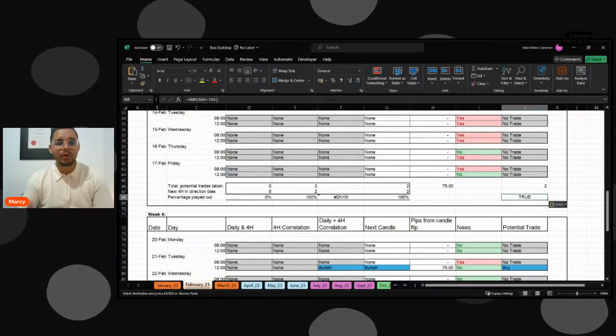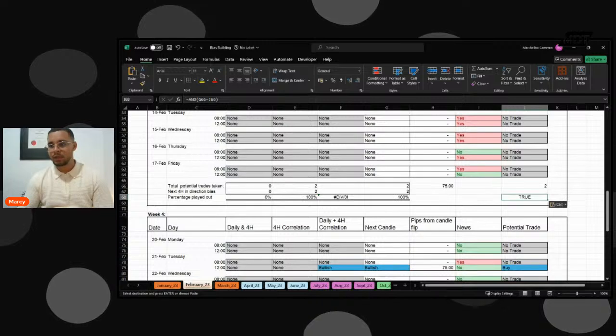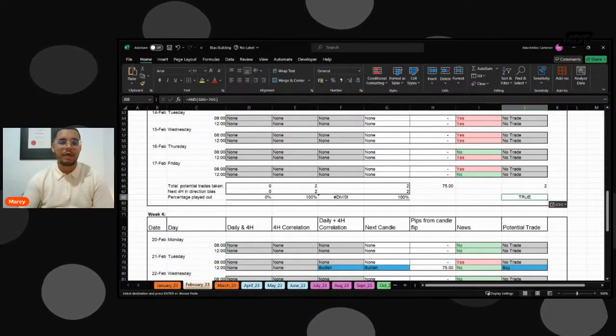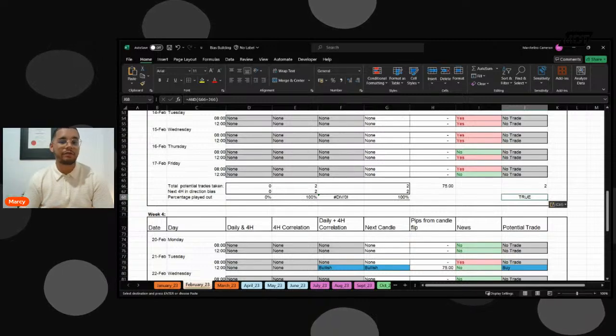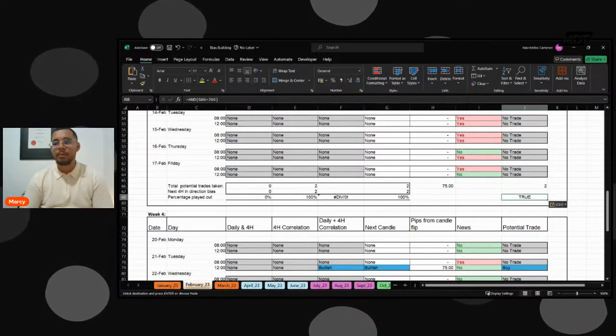If, for instance, the daily and 4H plus correlation has an 80% chance of price action, or the 4H, moving in our direction every time we get that,